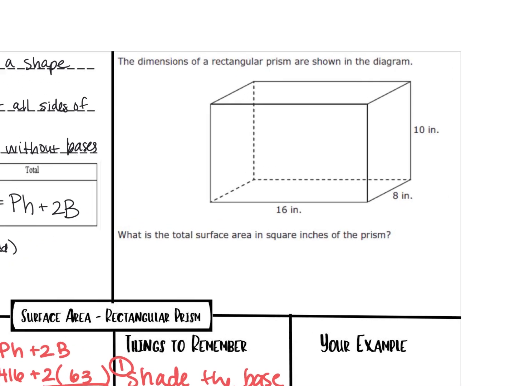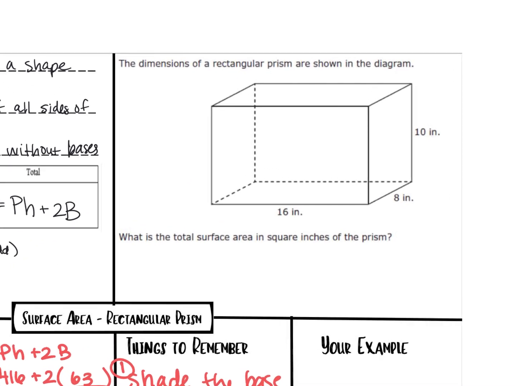So this next one, I'm not going to finish it for you, but I'll start it, but I'll let you finish. The dimensions of a rectangular prism are shown in the diagram. What is the total surface area in square inches of the prism? So don't get thrown off by square inches. That just means your answer is going to be in inches squared because it's area. Area is always squared. So I think a good thing to do, since we're doing total surface area, is to write down your formula,